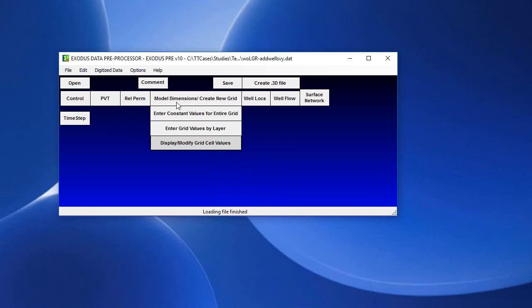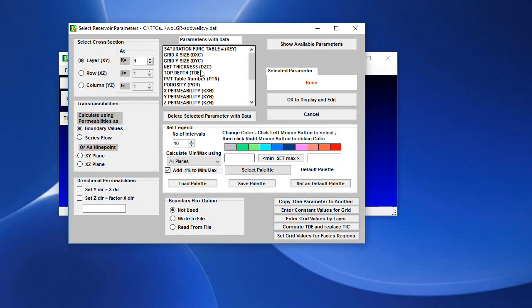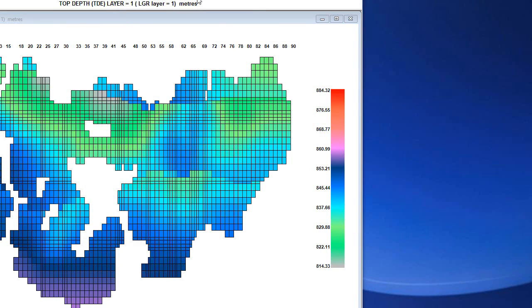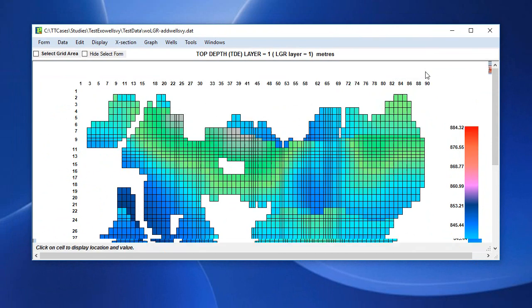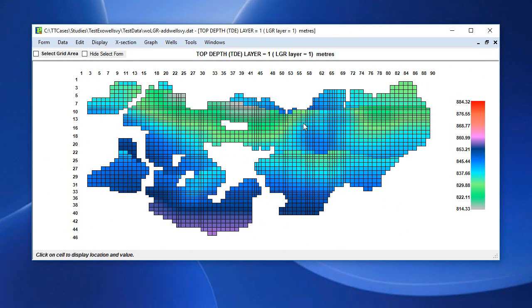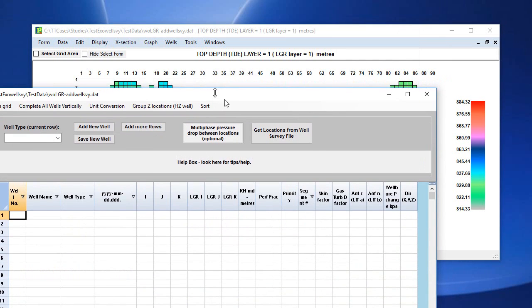At this point we have some grid cell parameters, and I will open up, say, the top depth parameter and try to fit it in the screen here. This top depth parameter has certain values, and you can see that there are no wells at all currently. We can apply the operation with or without wells, but just for a clean start, I shall use this status without wells. So under the wells menu item, you can show the well location form, and in the well location form,